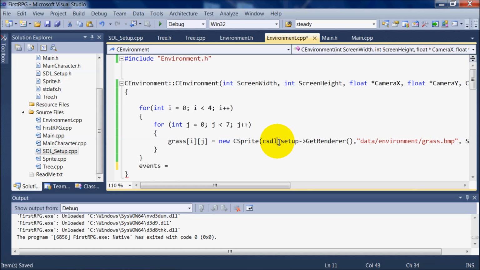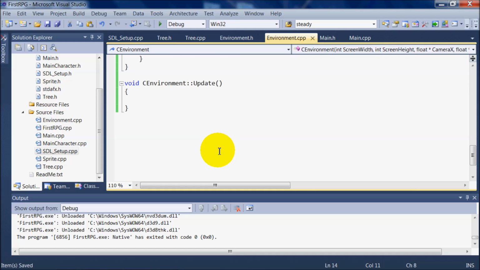So what we're going to do is use SDL setup and get main event. Inside our update function, all we're going to do is we're going to create two simple if statements. If SDL events